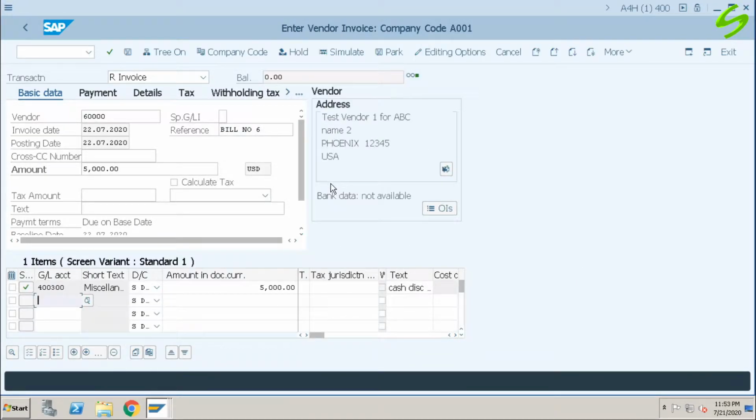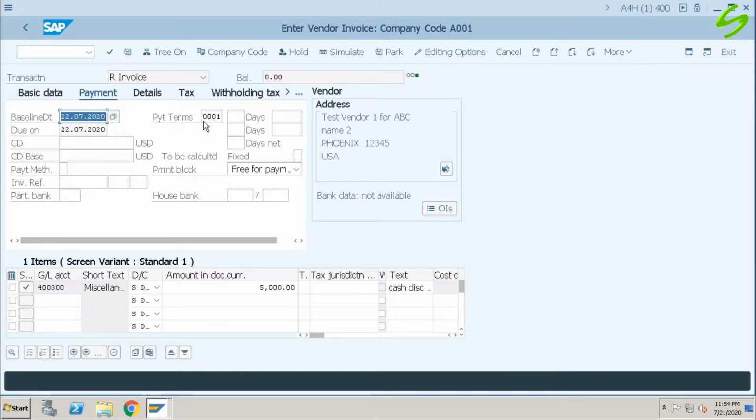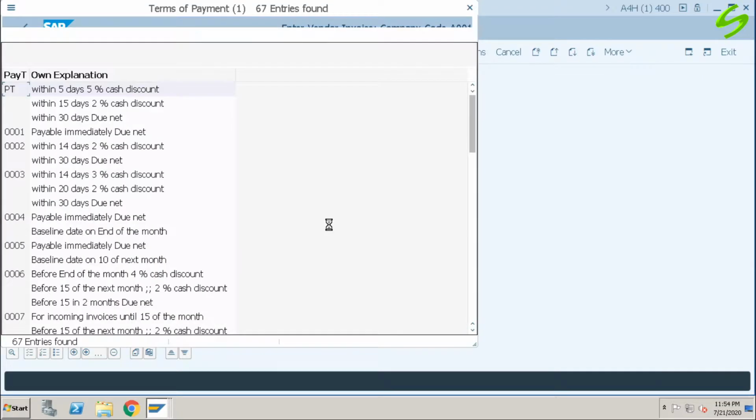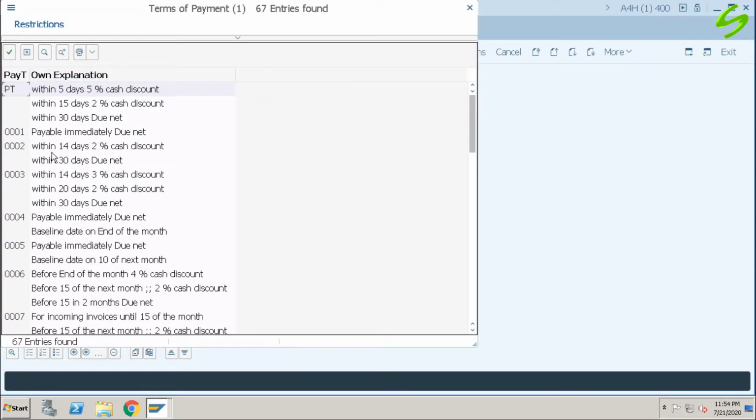Okay, enter. Click on payment tab. By default the payment term is 0001. We will select another payment term which has discounts. The payment term 0002 is payable within 30 days, but if we pay within 14 days we'll get 2% cash discount.